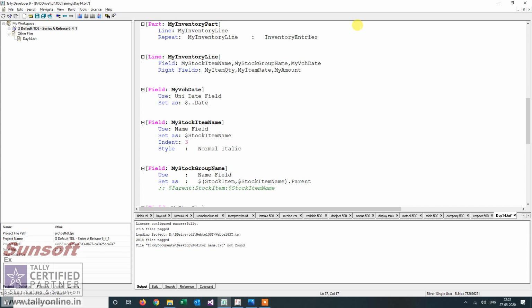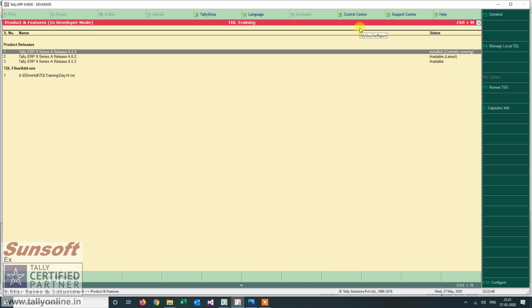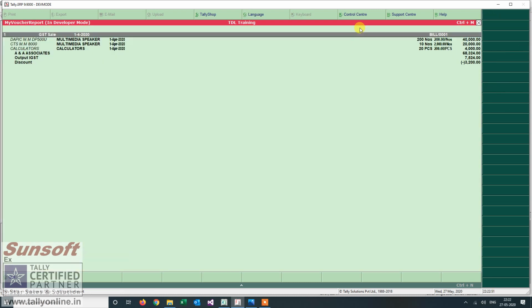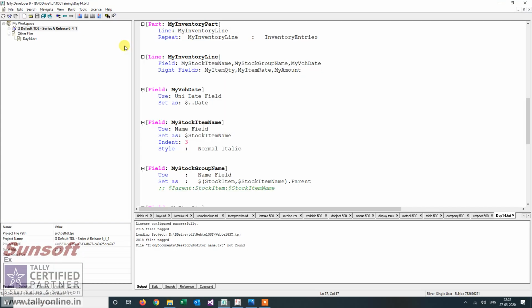That means one step back, I want to put the date. Let us see how that comes. So my voucher date is there at the inventory entries level. That's all for today. Thank you.